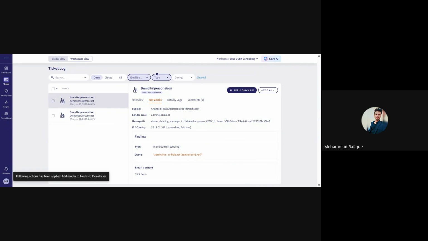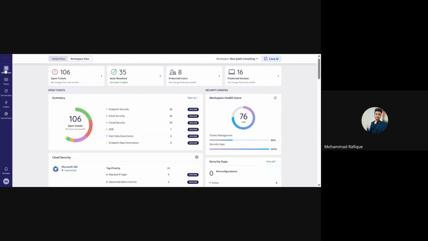So the business value for this is that brand impersonation works because it exploits trust. The email does not need to contain poor grammar or an obviously suspicious design. So now let's move to another